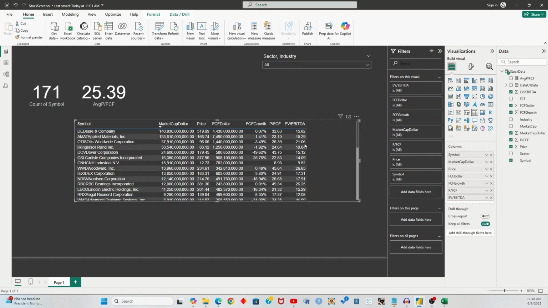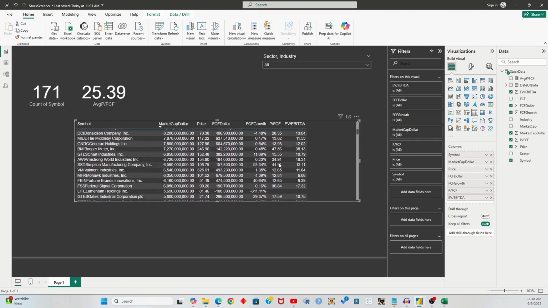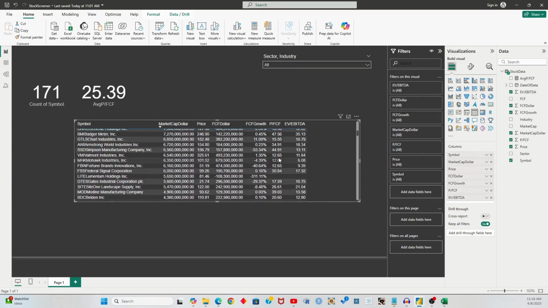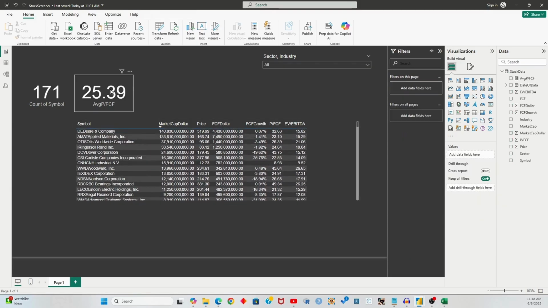I'm going to see, okay, CNH Industrial trades at a price to free cash flow of 8.9. The industry average is at 25. So could it be argued that CNH is trading at a discount? And that's where further research would have to go into understanding that stock. We can do the same thing for